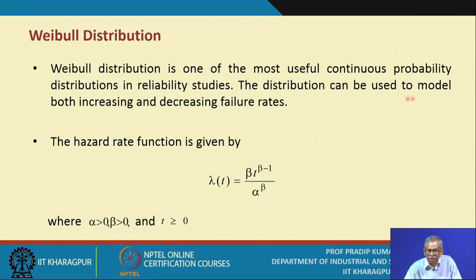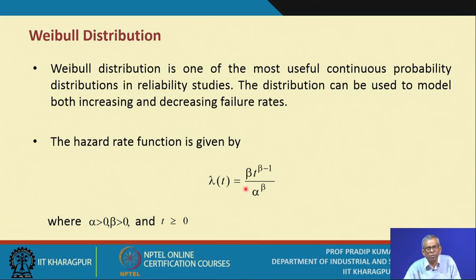The distribution can be used to model both increasing and decreasing failure rates. That means it is used to model the burn-in phase as well as the wear out phase. So first phase and the third phase of the life cycle curve. The hazard rate function, already I have mentioned, as per the Weibull distribution is a 3 parameter distribution,